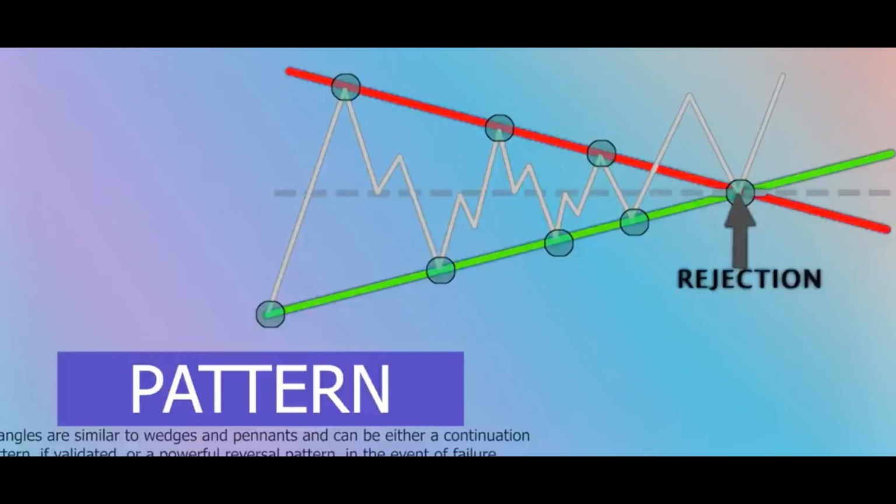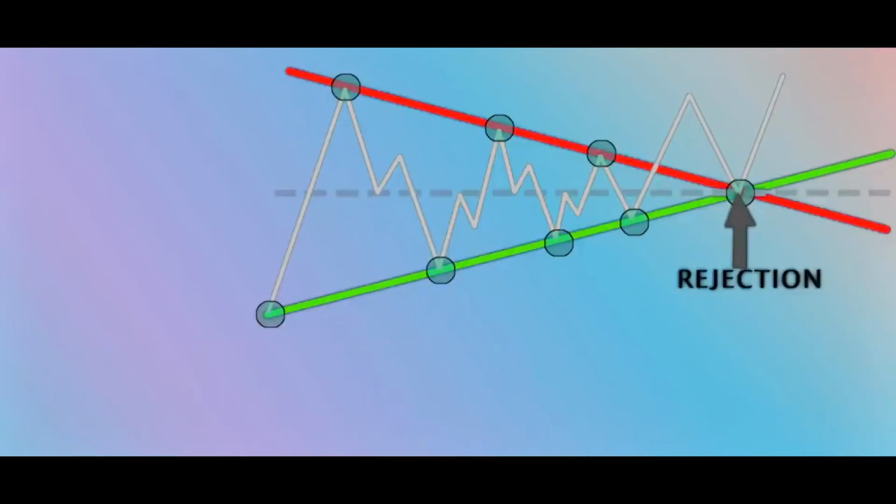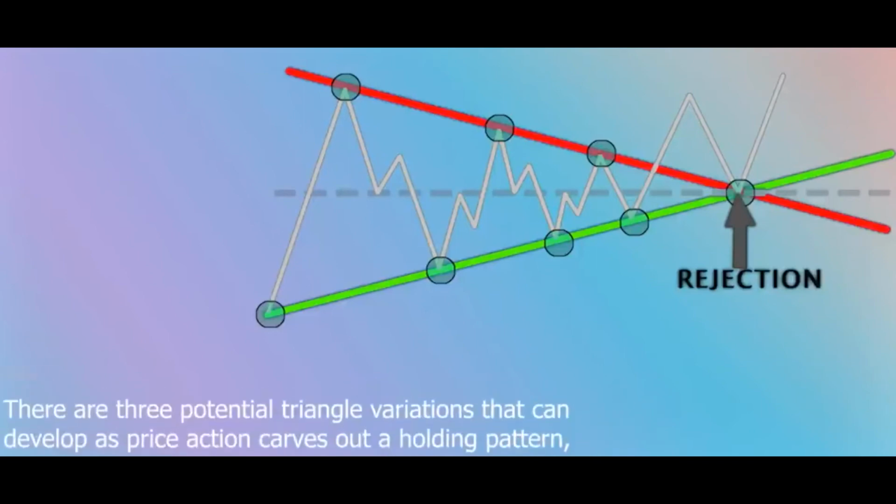The upper trend line is formed by connecting the highs, while the lower trend line is formed by connecting the lows. Triangles are similar to wedges and pendants and can be either a continuation pattern, if validated, or a powerful reversal pattern, in the event of failure. There are three potential triangle variations that can develop as price action carves out a holding pattern, namely ascending, descending,